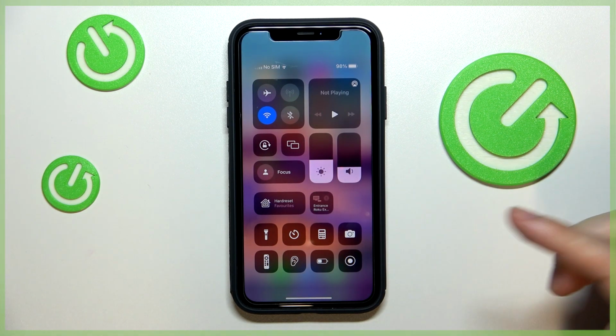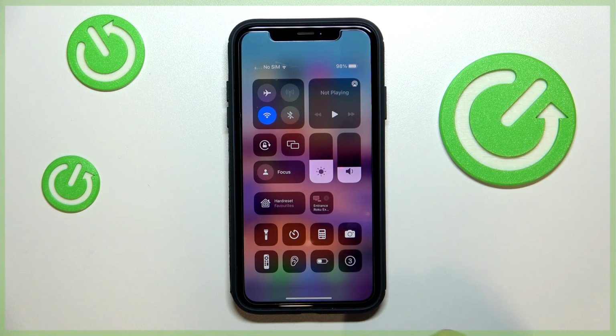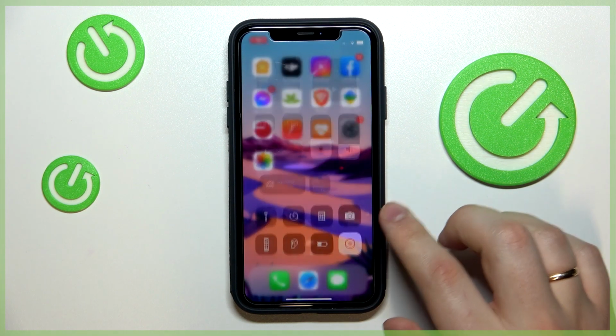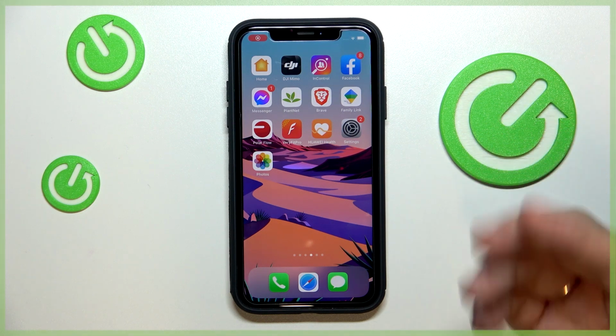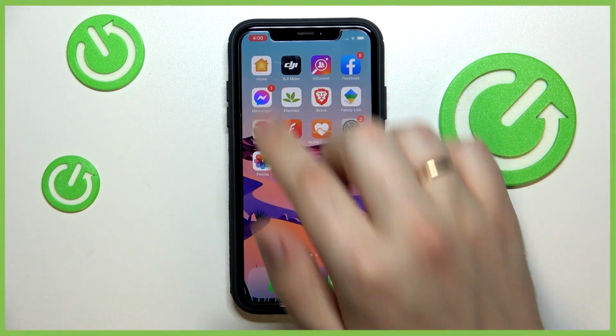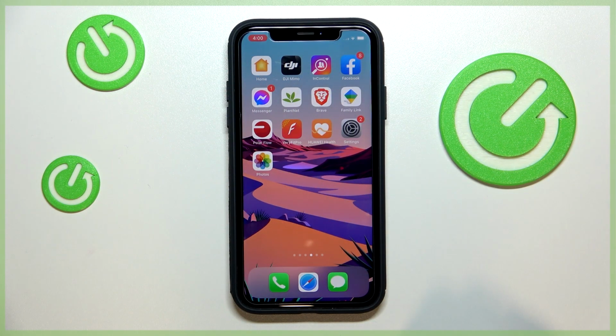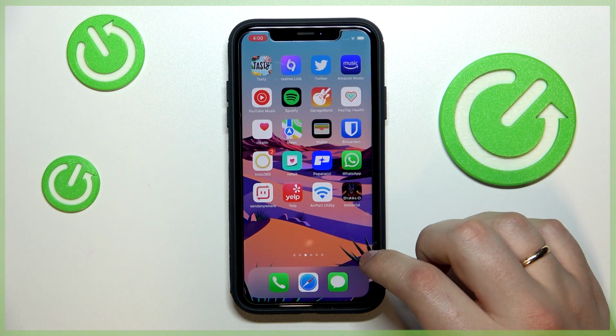Now, in order for you to start the screen recording, you want to tap on this icon, wait for the countdown to be finished, and as you can see by the fact that this red frame, this red rectangle has appeared right here on the top left part of your display, that ultimately means that the screen recording has been